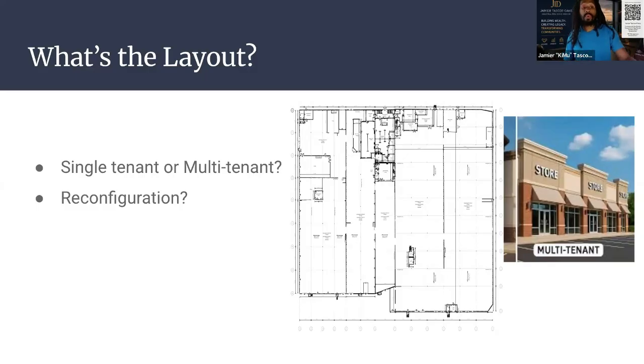So we go back to the bullet point before. It's a single tenant. Okay, it's a single tenant. If it's large enough, you can now put a wall in between there, or two walls, or rather four walls in between there. And now you got four different spaces. Now you can bring in four different tenants to create your multi-tenant situation.